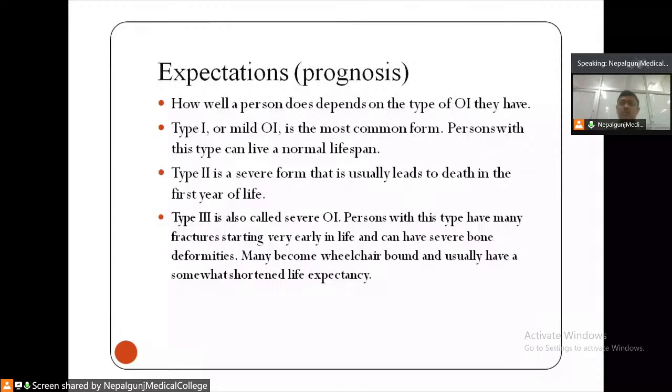Type 1, the mild osteogenesis imperfecta, is the most common form. You have to explain that way. The person can have a normal lifespan, associated with some other complications like fractures. There can be dentinogenesis imperfecta. There can be sensorineural hearing loss. Type 2 is a severe form. If you see that,